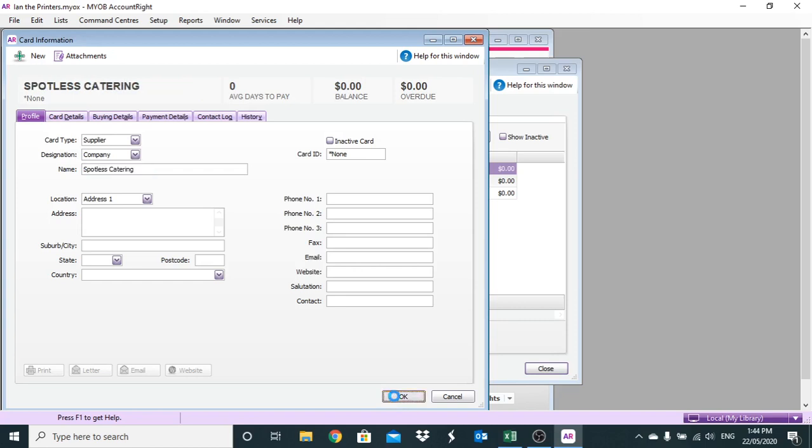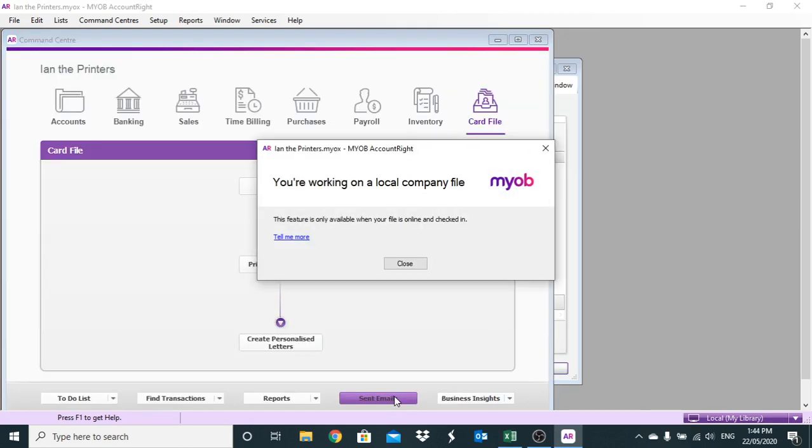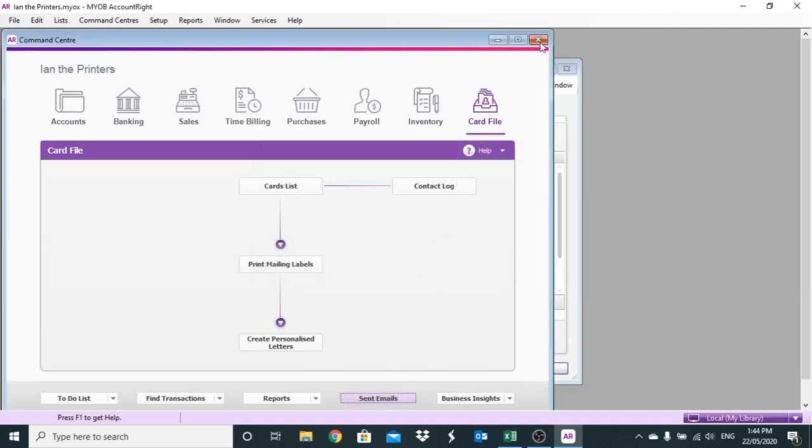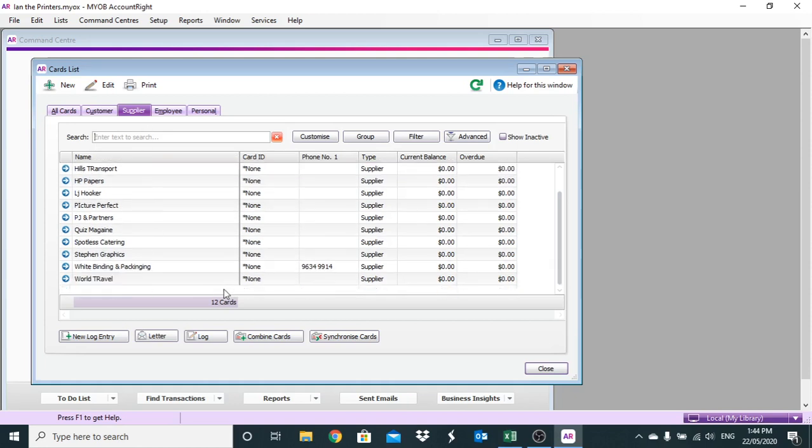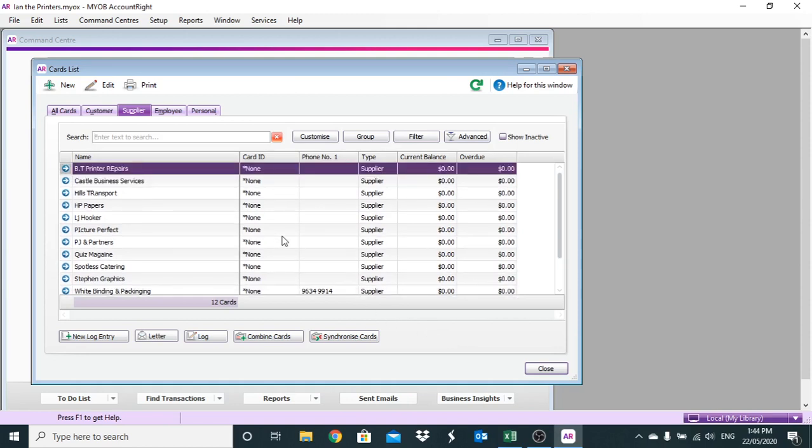Having to OK. So now, I just want to check that they're all in, which they are. We should have 12 cards. Now, that's the first step. Second step is to put in the